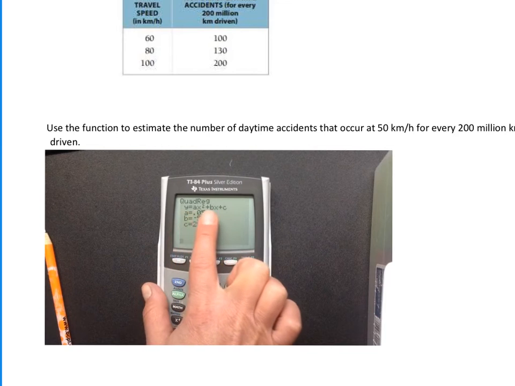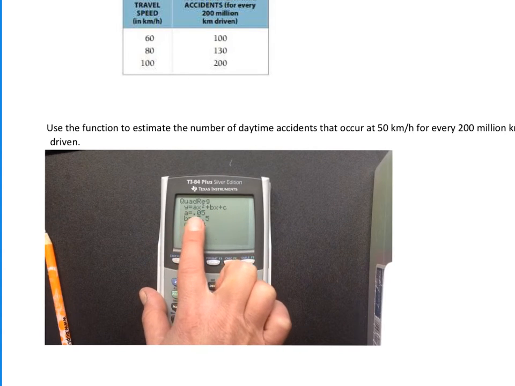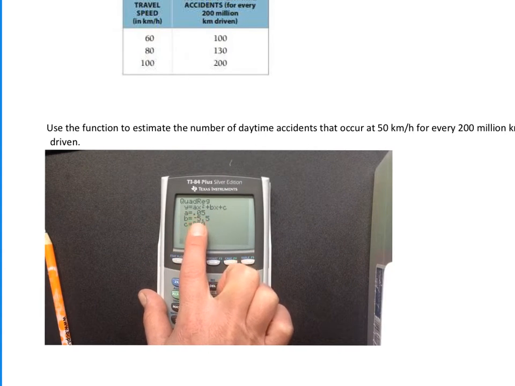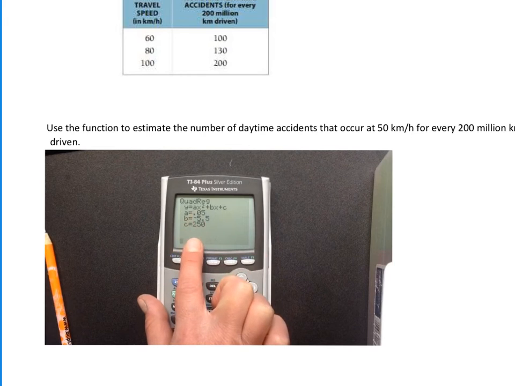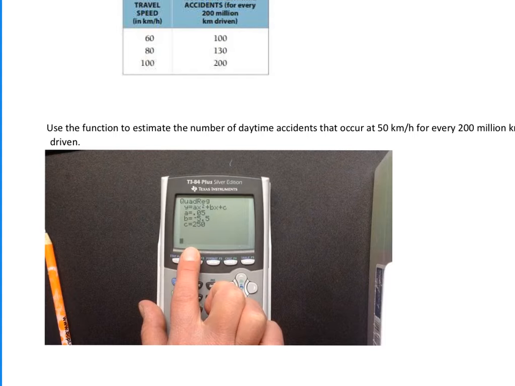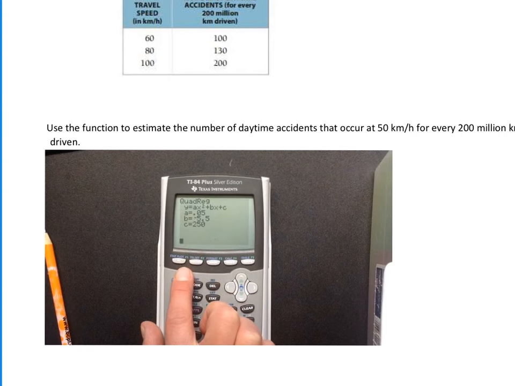Notice here's our equation for our quadratic. This gives us our coefficients, our A, our B, and our C coefficient for our quadratic equation. If you like, you can write this information down so you have it, because our next step is now to graph this quadratic equation. So to graph it, we're going to go to our y equals,